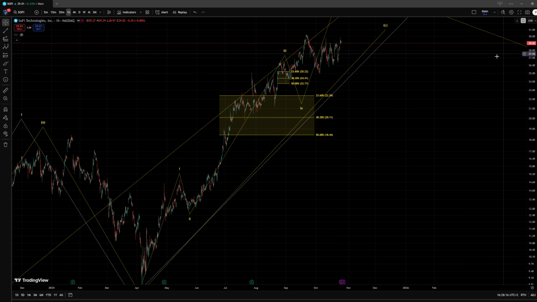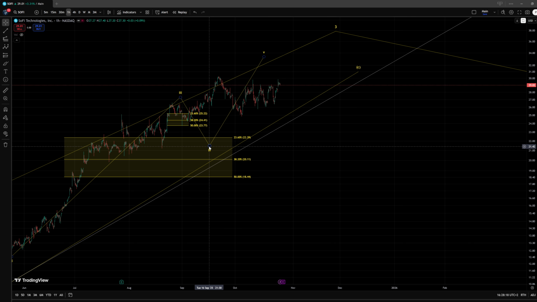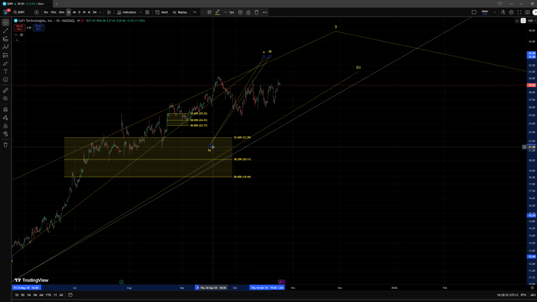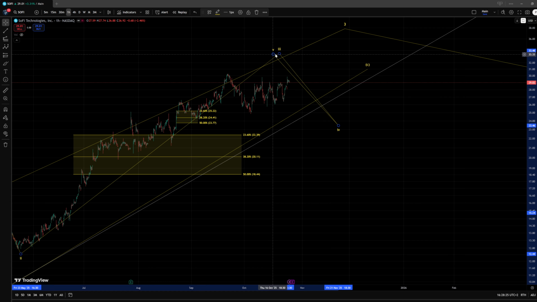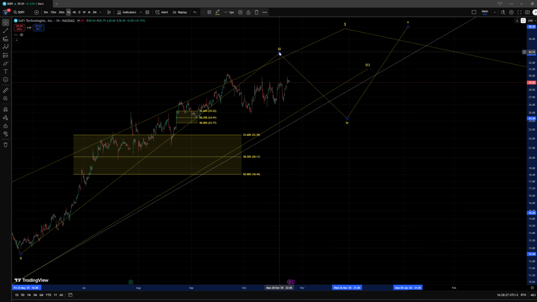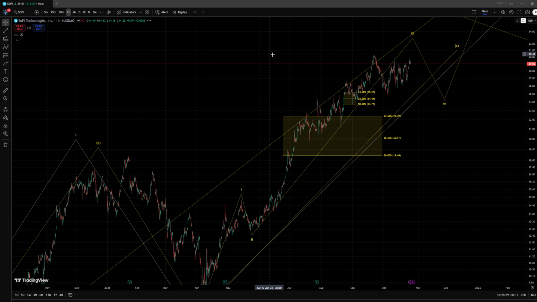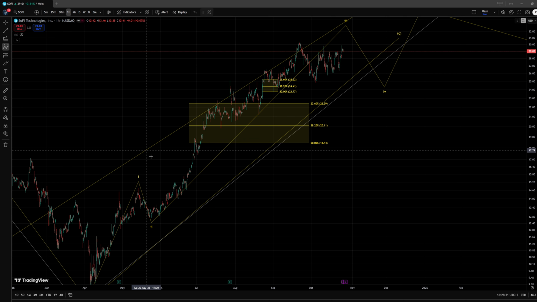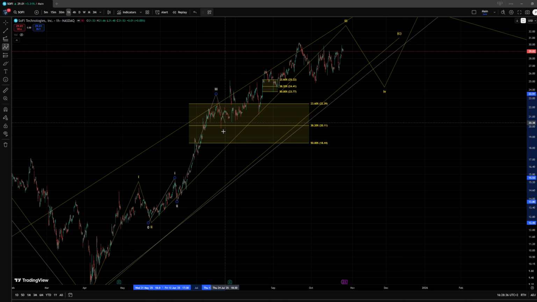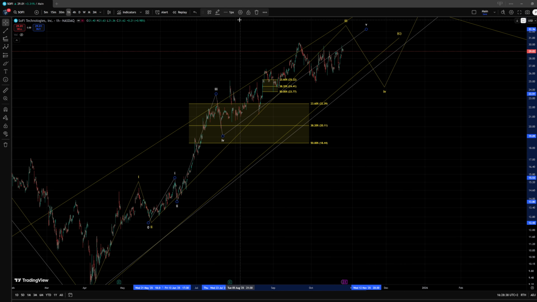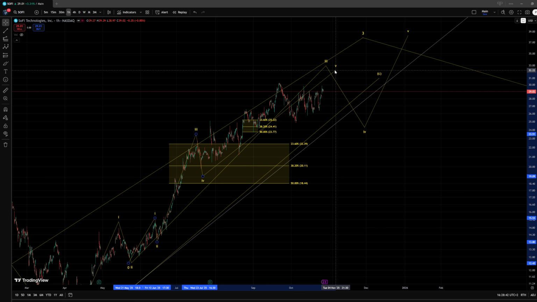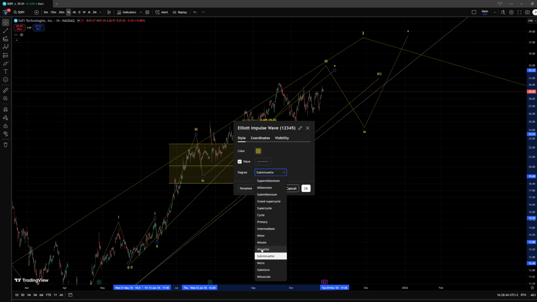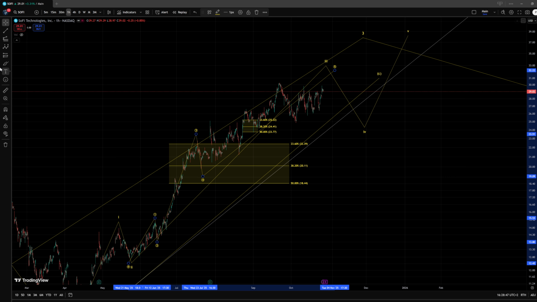We even had support zones for a large correction in a wave 4 and also for direct continuation to the upside, but I believe we even at this point may still need an additional high before we would consider this third wave actually complete. And in that idea, I will even add an internal count where this would be something like 1, 2, a third, a fourth, and a fifth that could be unfolding in this area, where in this case we got quite the extension in this wave 5 to the upside,